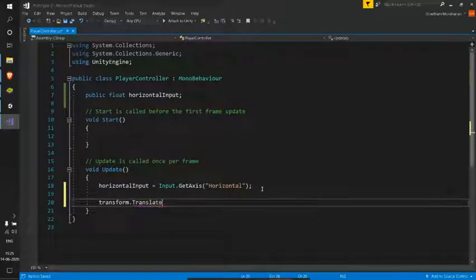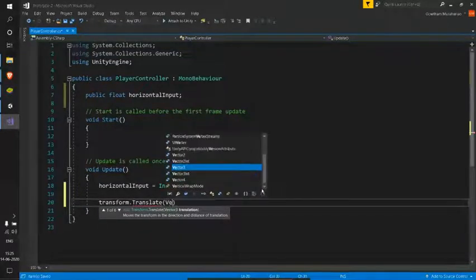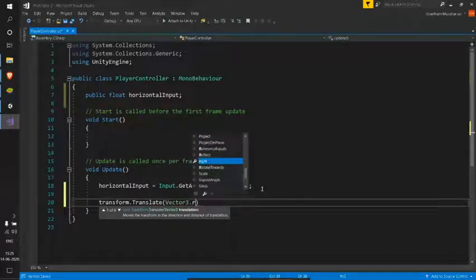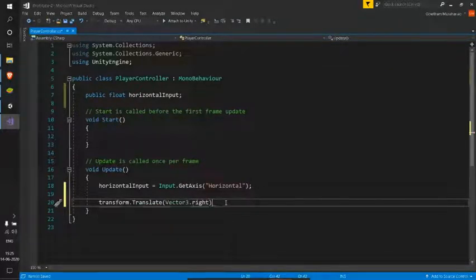So let's use transform.Translate and we need to give it a Vector3, and let me use Vector3.right. So what is this Vector3.right? It is just shorthand for writing Vector3(1, 0, 0), a unit vector along the x-axis.